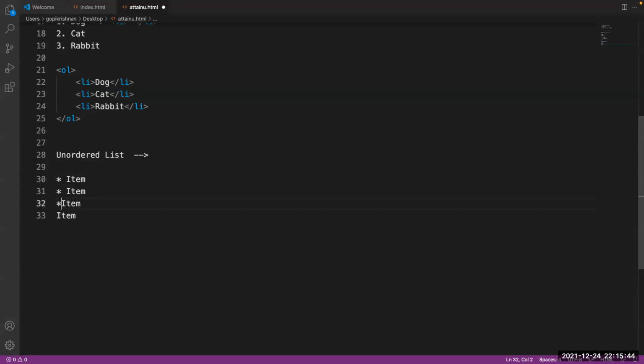It is a bullet, not a star, but I'm using a star here. So this is called an unordered list. In this unordered list, let's take dog, cat, and rabbit. To tell the browser this is an unordered list,